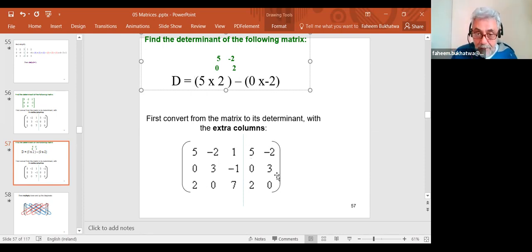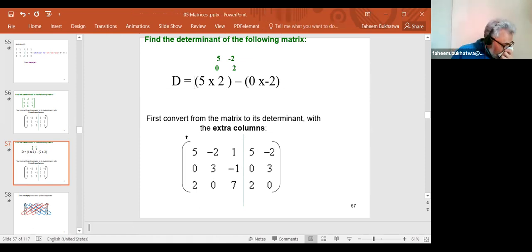Now, let's say here's another example of 3 by 3. To do this 3 by 3,